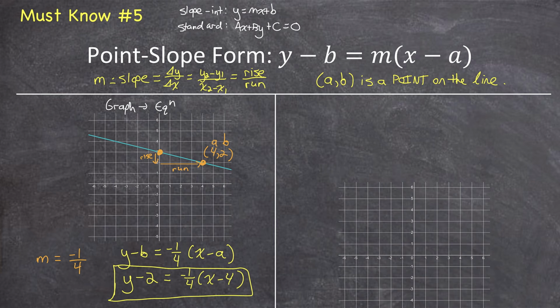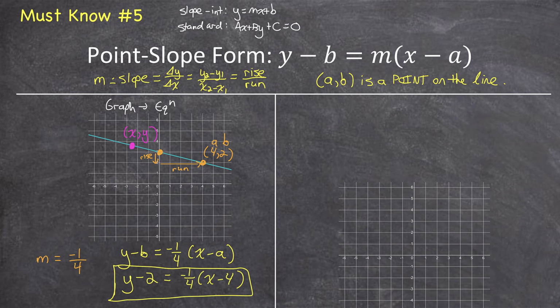Let me take 1 second and actually explain to you why that makes sense. We know linear relationships have a constant slope. They have a constant rate of change. So it wouldn't matter which 2 points I chose on my line. When I did my slope calculation, I would always get negative a quarter. So let's say I chose some random point here that has an x and a y value. If I were to find the slope between that x, y point and this point right here, 4, 2,